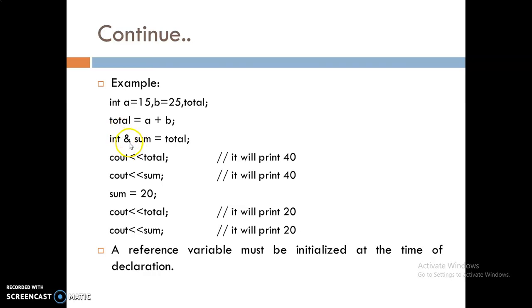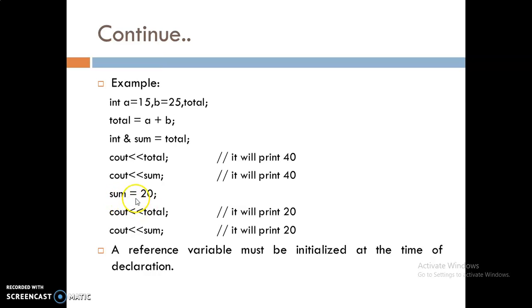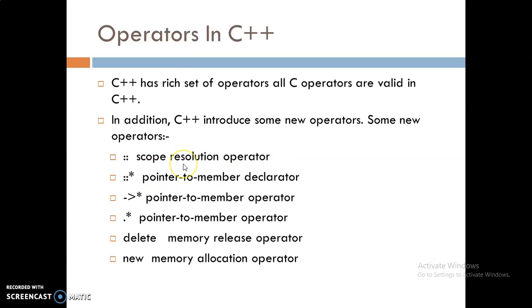As per the syntax, we put the ampersand sign here. So when I print the value of sum, it will display 40, and when I print the value of total, it will display 40. You can see both the variables are displaying the same value because we have kept the same name for total by using ampersand as well as the reference name. Here also you can see, when the value of sum is 20, the total will also display 20, and when the value was 40, the sum will display 40 and total will also display 40.